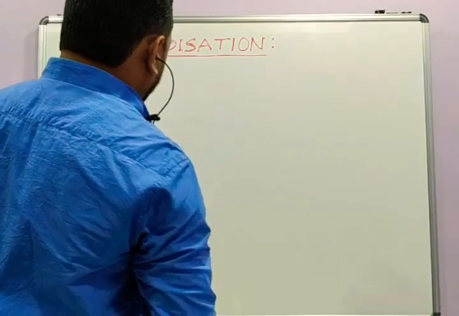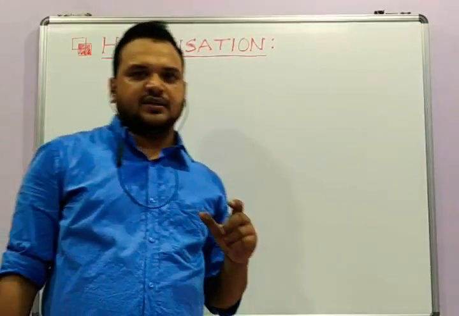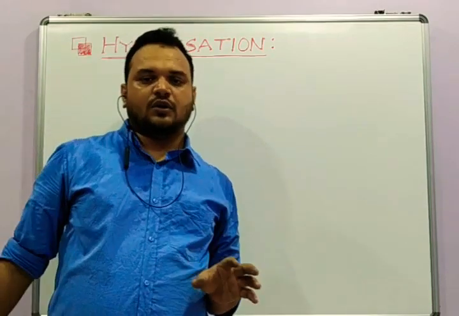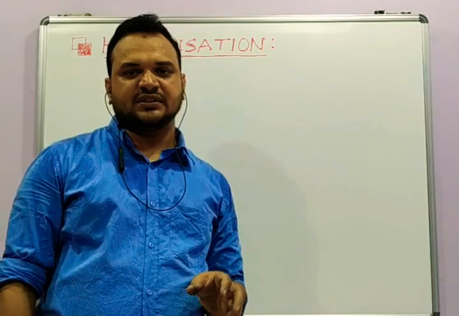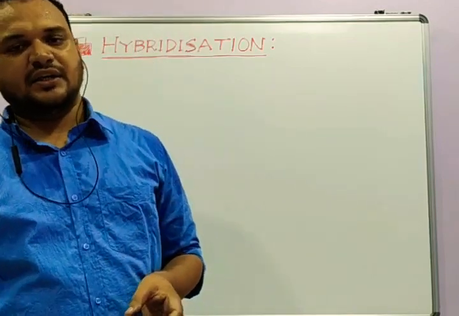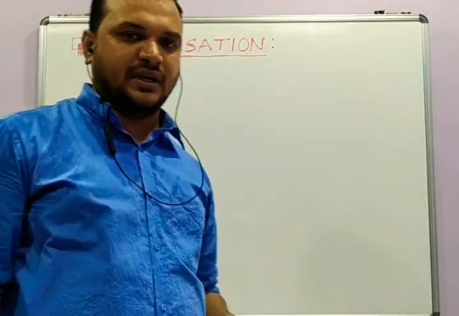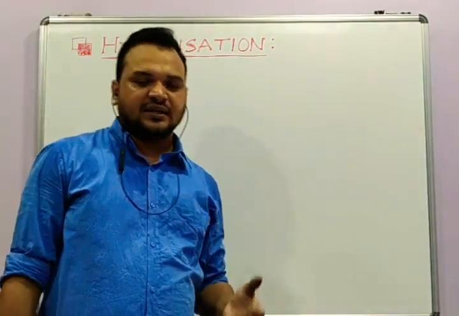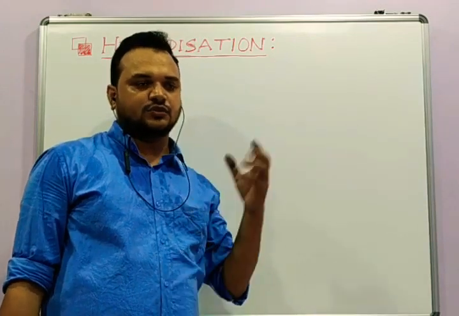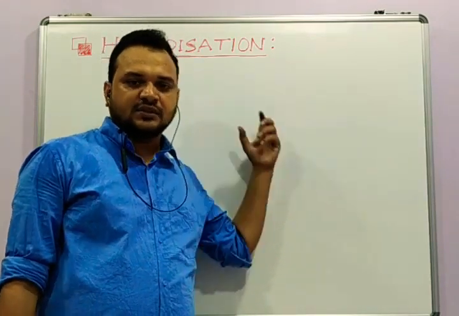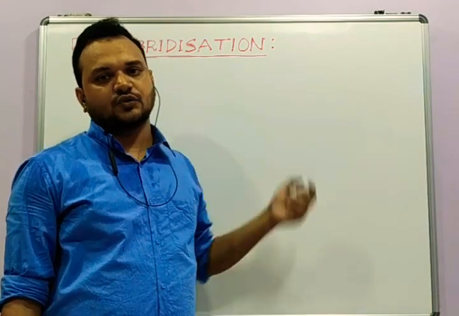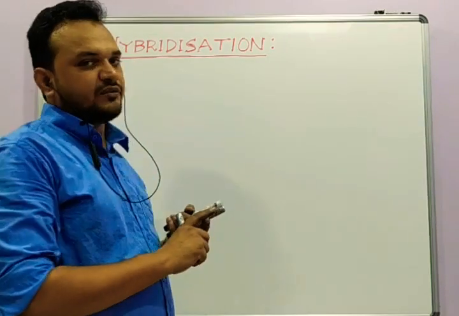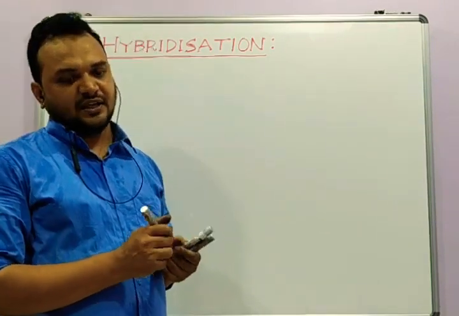Now remember one thing, you know that s orbital is closest to the nucleus. It has the most penetration effect. So s electrons are held by the nucleus more tightly compared to p electrons. So if we are increasing the s character of the hybrid orbital, then that hybrid orbital's electrons will be held by the nucleus more tightly. That means their electronegativity will be higher. So it is the same carbon atom, but because of the difference in hybridization, their electronegativity will differ.